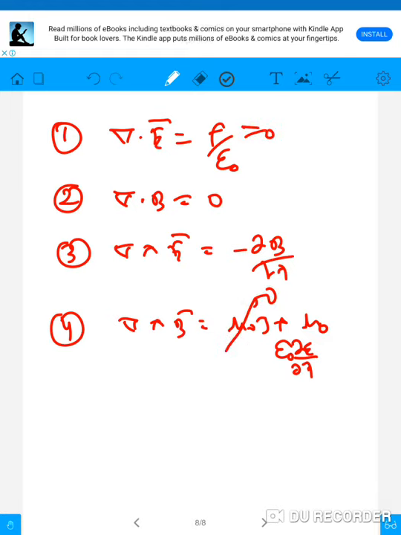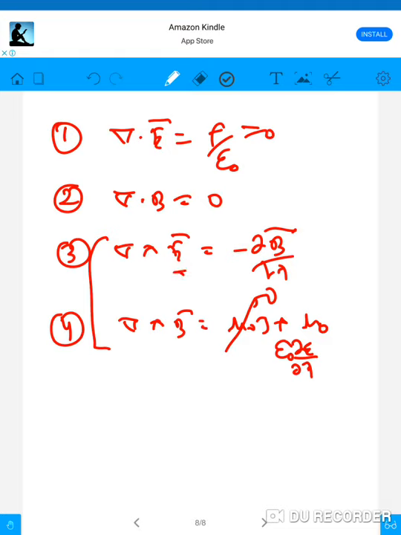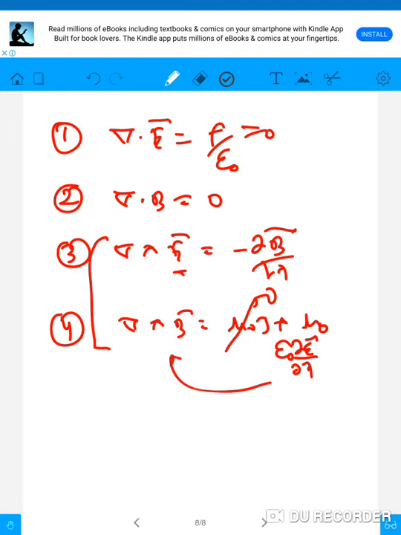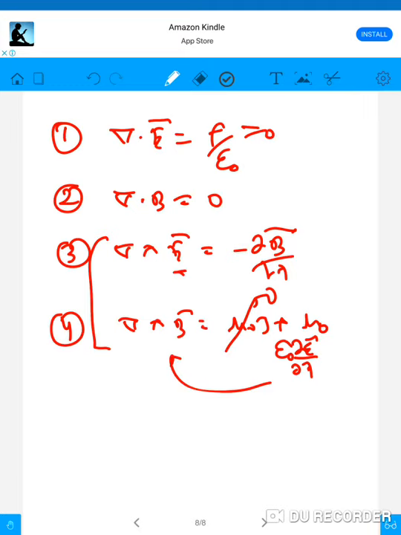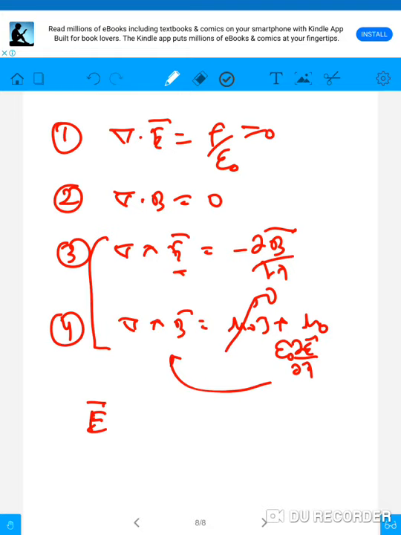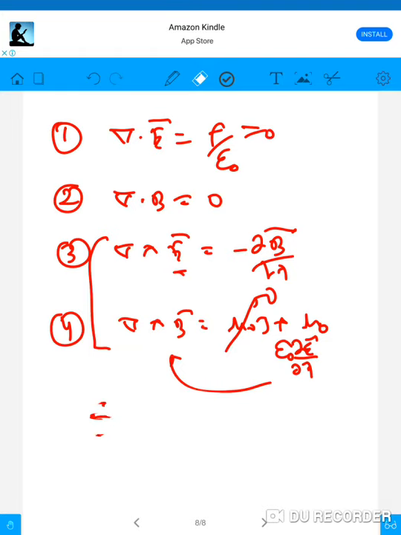In vacuum, rho and J are 0 because charge density in vacuum is 0, as there is no medium, and current density is 0 as well. So using these four equations, now these equations are coupled. If we change the magnetic field, there is an induction of electric field. If we change the electric field, there is an induction of magnetic field. Now using these four equations, he solved and articulated that the electric field vector